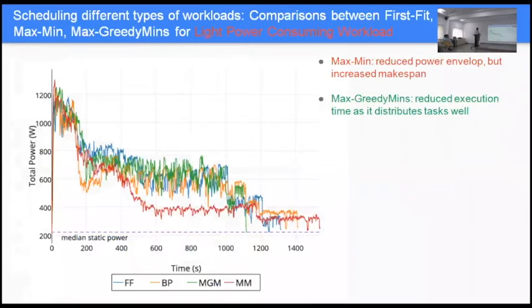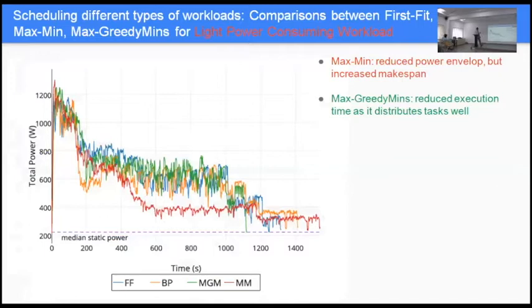What we see is that if you do max, min, so on and so forth, and if the workload is all light, if you do not have really high spiking workloads, if the workloads are all moderate in terms of how they behave, then if you keep alternating between taking the max and minimum in terms of each node where you schedule them, it does a good job of reducing the power envelope. This is the red here, you see that? But then you see it gets a hit on the makespan. Again, for us, it's about quantifying this makespan so that that data can feed into deadline-based scheduling and so on and so forth.